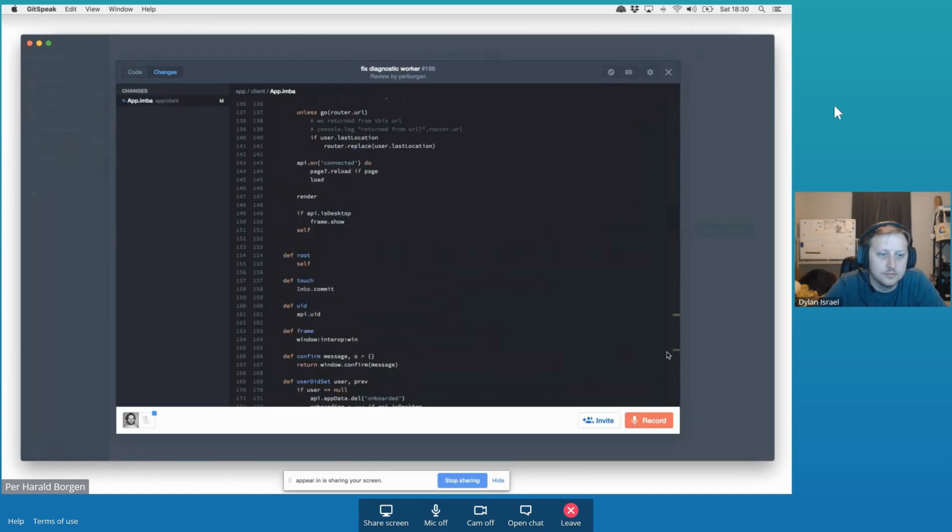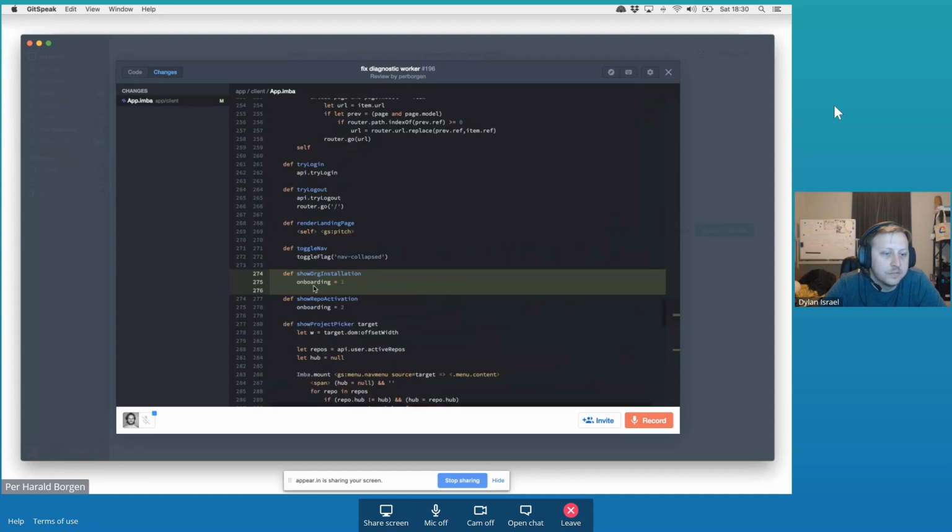Yeah, so I did this, and I'm not really sure if we should do onboarding equals 1 or if we should rather have this solved in a different way. But this is my suggestion. You can kind of excuse yourself a little bit, or not necessarily excuse yourself, but just explain what you feel really sure about in the code and what you're more uncertain about.